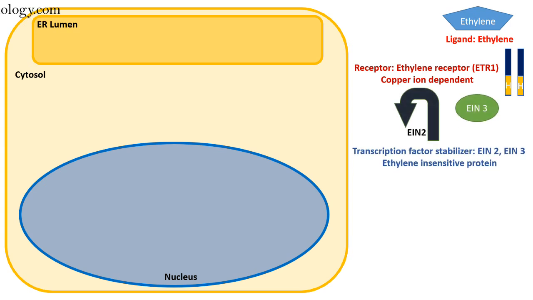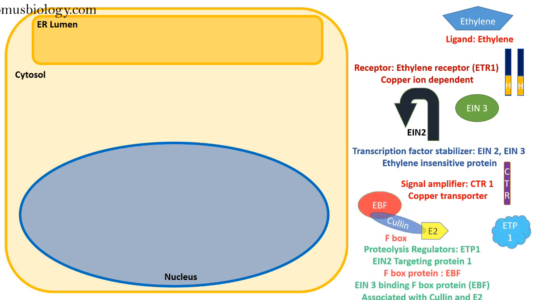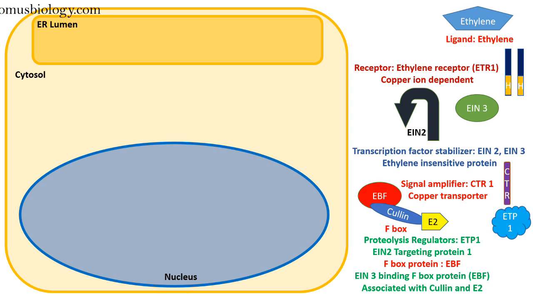Then transcription factor stabilizers, examples are EIN2 and EIN3, the full forms of which are ethylene insensitive protein 2 and ethylene insensitive protein 3. The signal amplifier is CTR1, known as copper transporter. And then come additional proteins, namely ETP1, known as proteolysis regulator, which acts as a mediator to add polyubiquitin to the target protein for destruction,